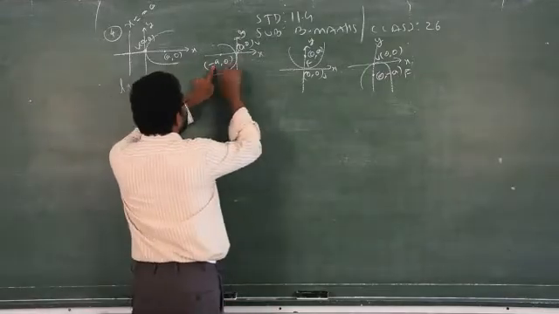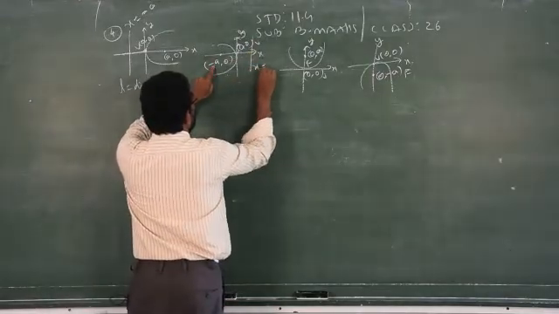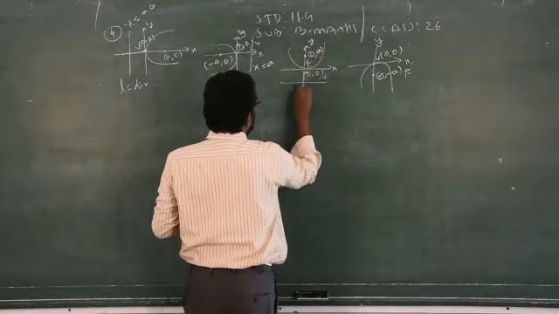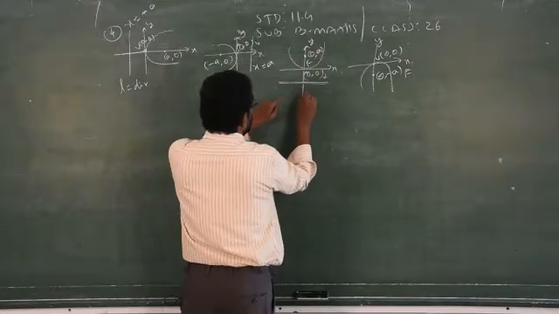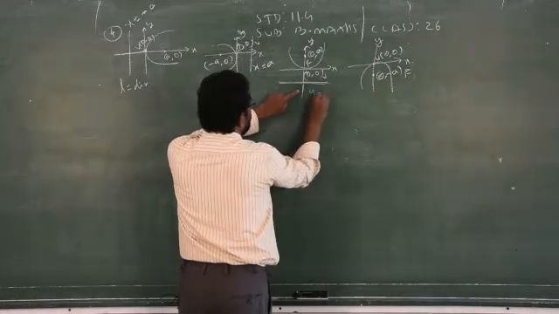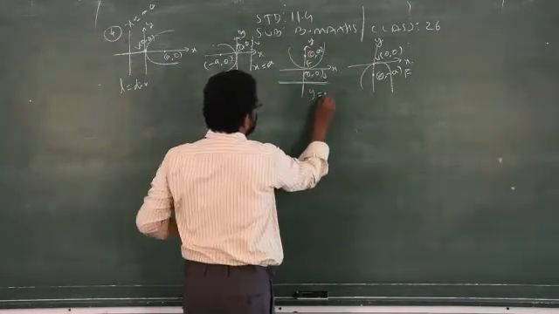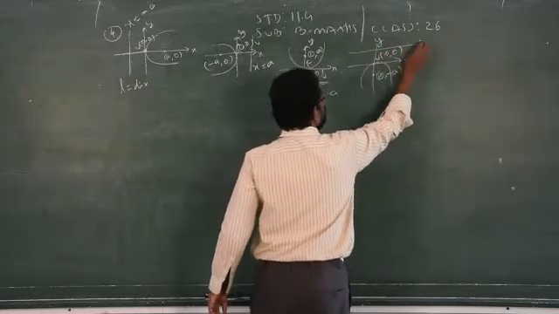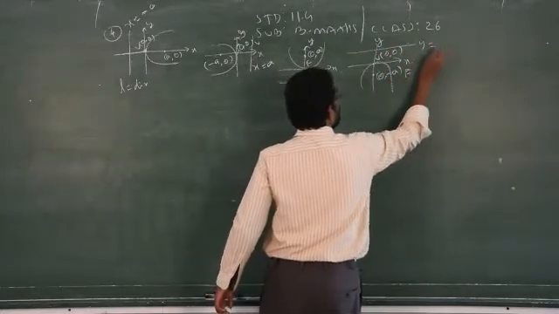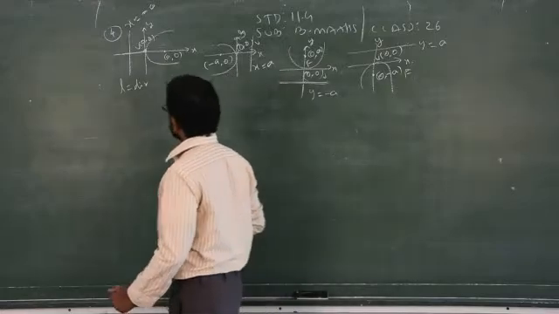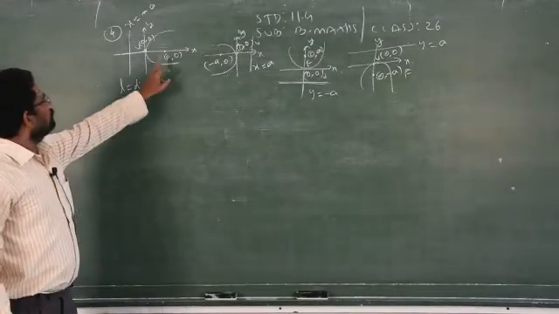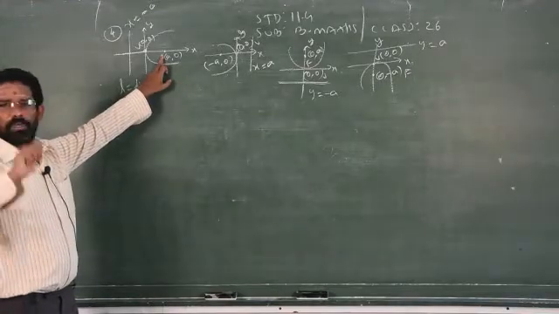What is the opposite sign of this focus? x is equal to a. What is the opposite sign of this? Here the line is passing through which axis? Y-axis. Therefore y is equal to the opposite sign of focus, which is a. Similarly this is the y-axis. So y is equal to, what is the opposite sign of minus a? Plus a. That's all. Very simple.